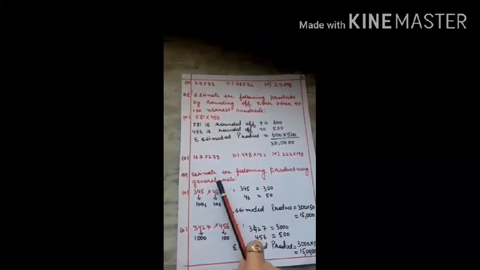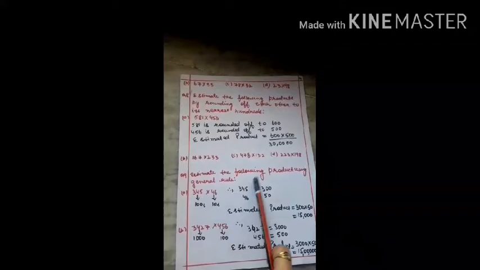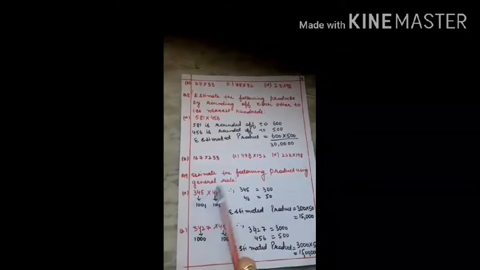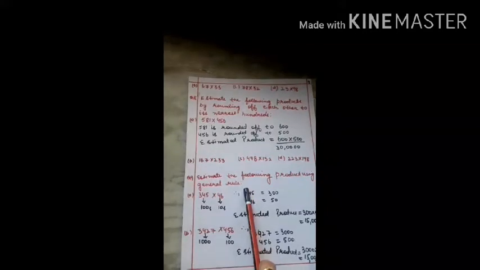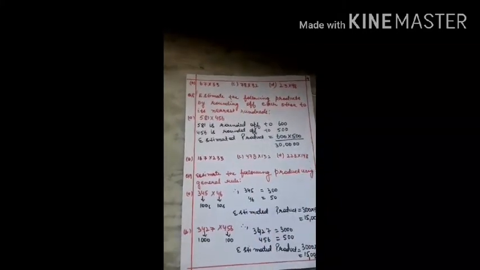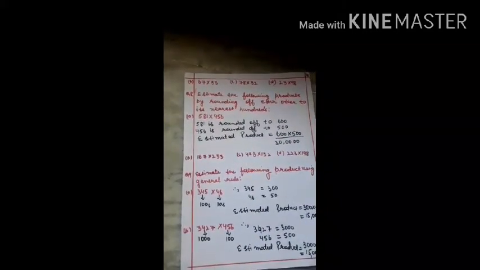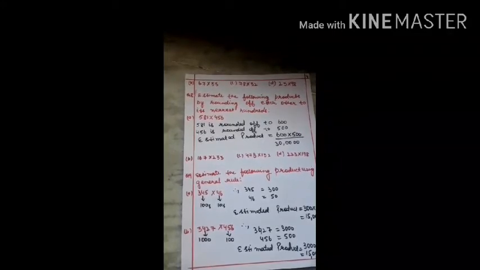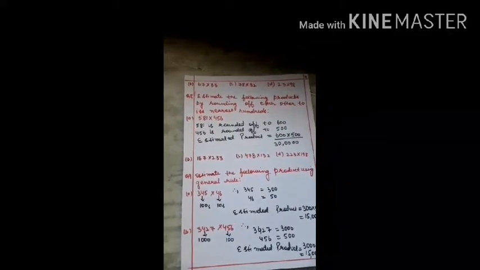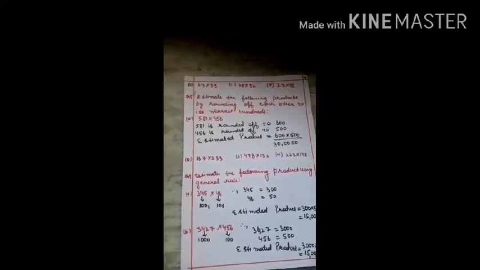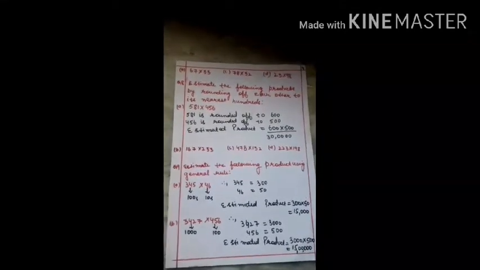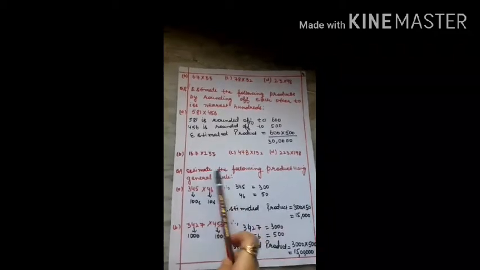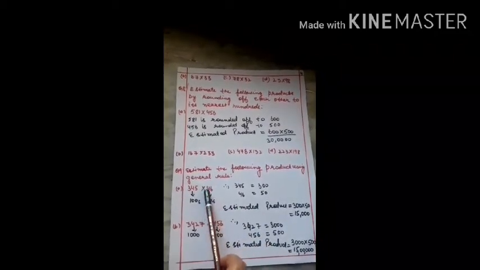Now, the main thing is estimate the following product using the general rule. Class, what is the general rule? The general rule is this. Nothing is given here, whether you have to round it off to the nearest tens, nearest 100, nearest 1000. It is not given to you. Now, it will be decided by you. You will round off to how many digits? It is 46 here. It consists of 2 digits.